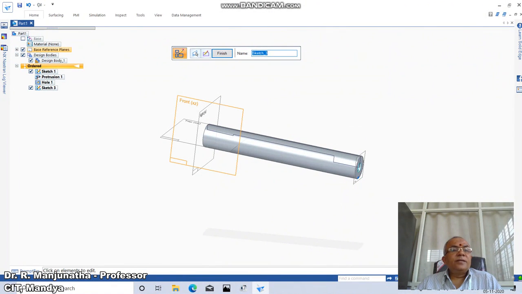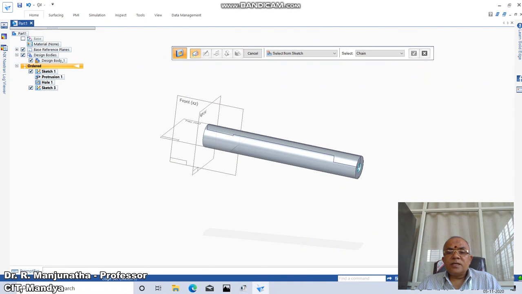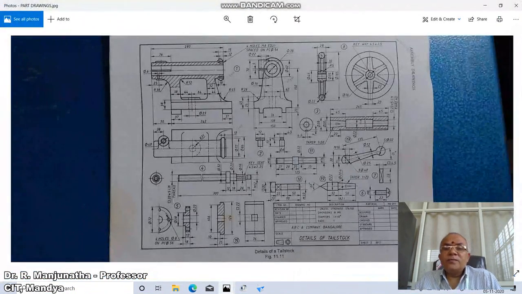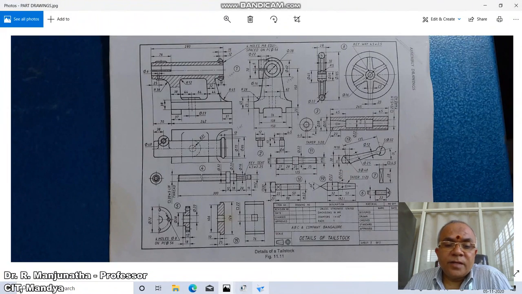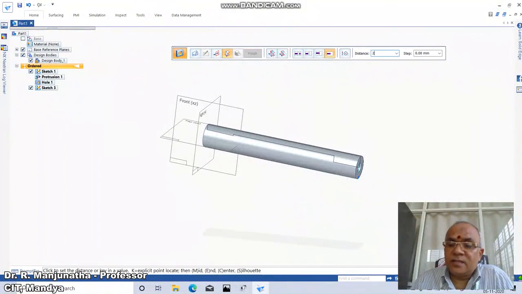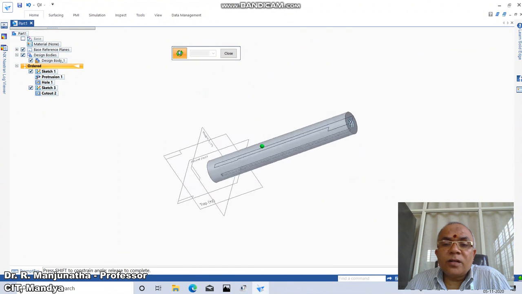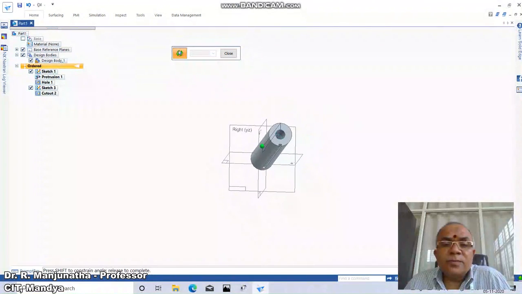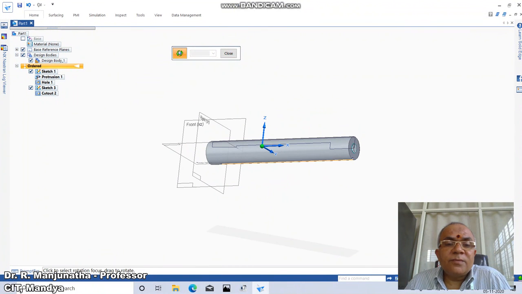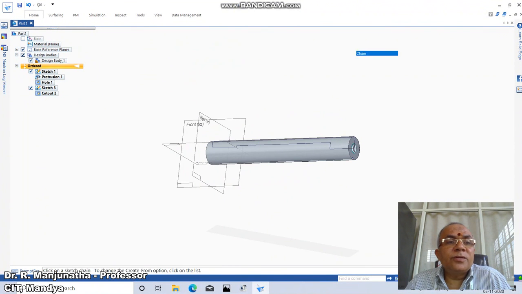And from here you go to home, click on cut. So you select this, accept. Then here the depth you need to give is 265 minus 20. 265 minus 20 is the distance, which will be 245. Click on select the side of the feature. You just click on this and say finish. So this is how you will be able to create this model. You can see there is an undercut which is going to pass through till 20 mm from here. So this is how you will be able to create this.